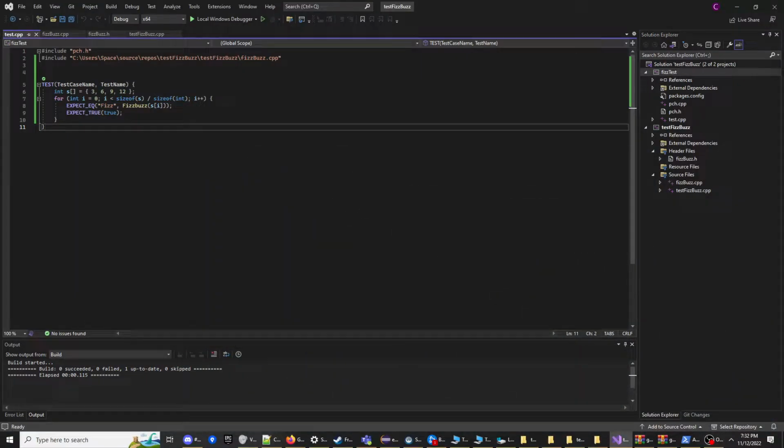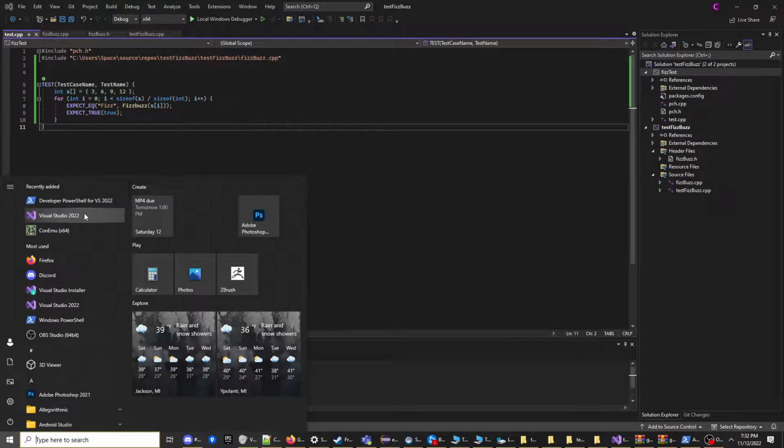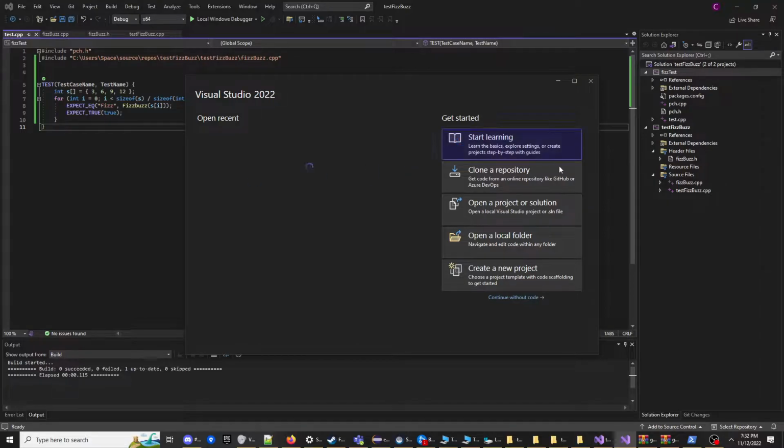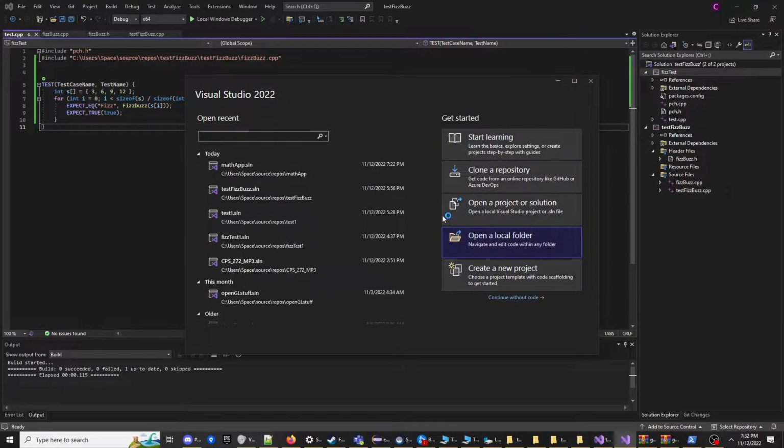Okay, let's try this again. I'm going to show you how to configure Visual Studio to do a Google test, to do the unit testing, so I'm going to create a new project